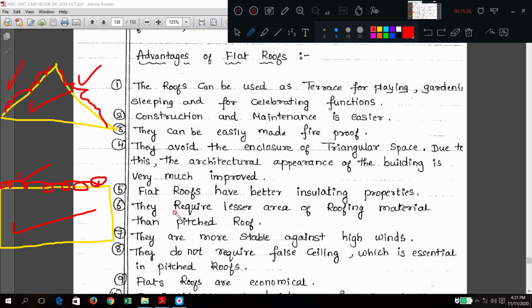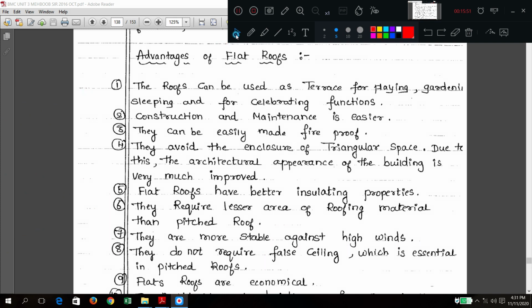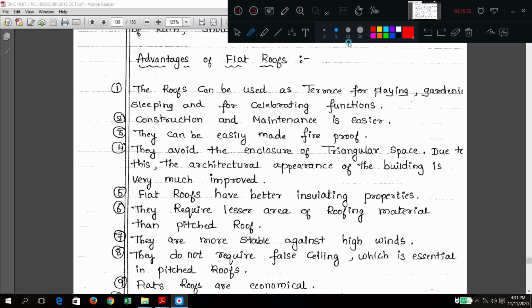So that is one advantage, it is more stable against high winds. It does not require any false ceiling. The false ceiling is there for this triangle portion.